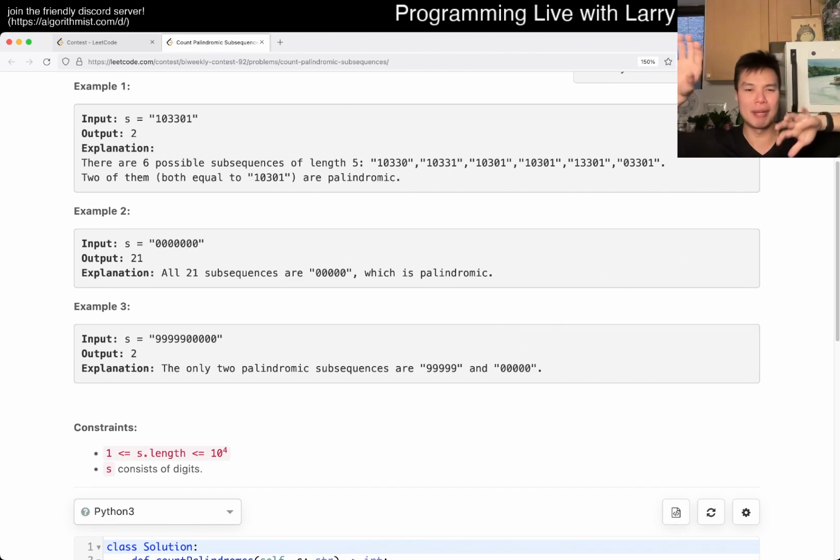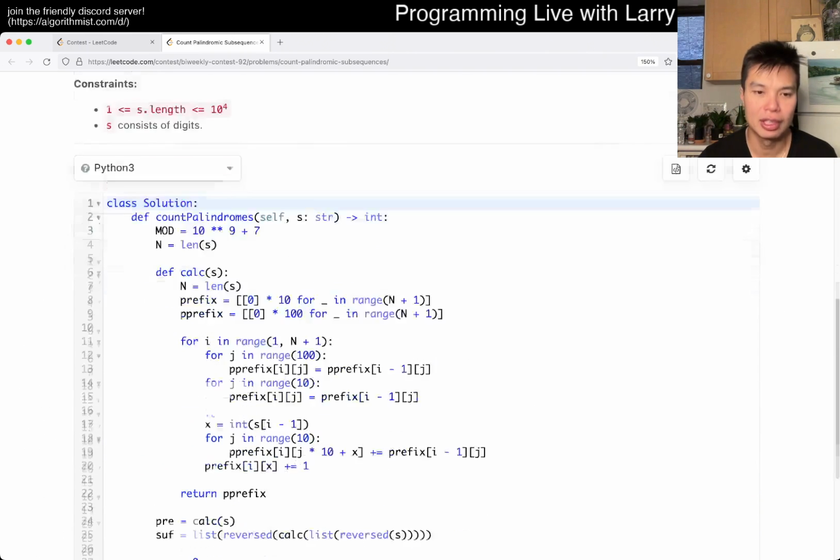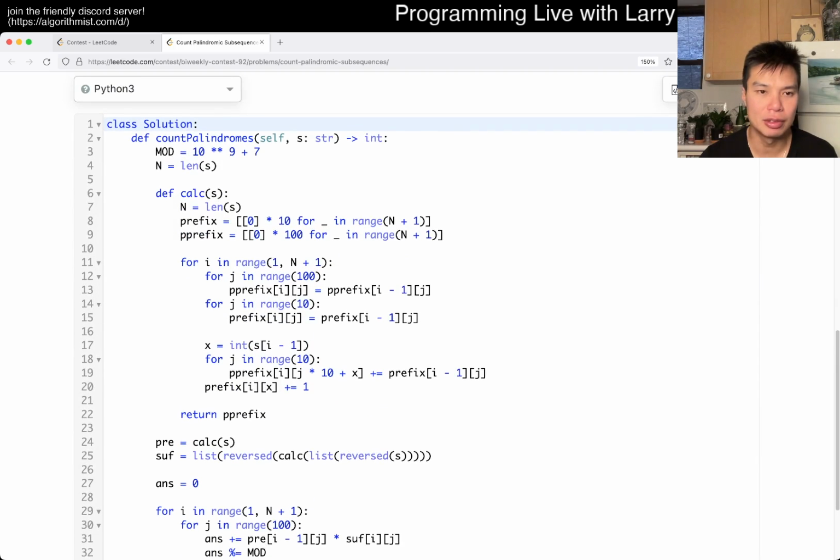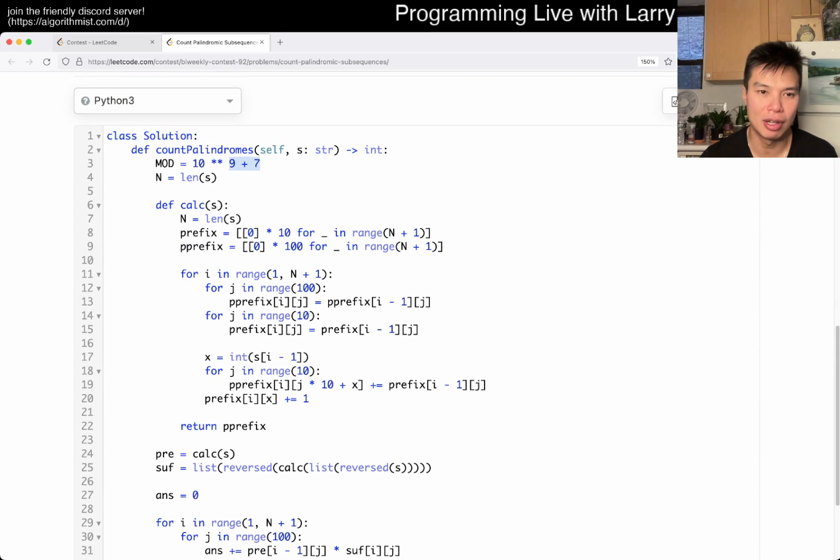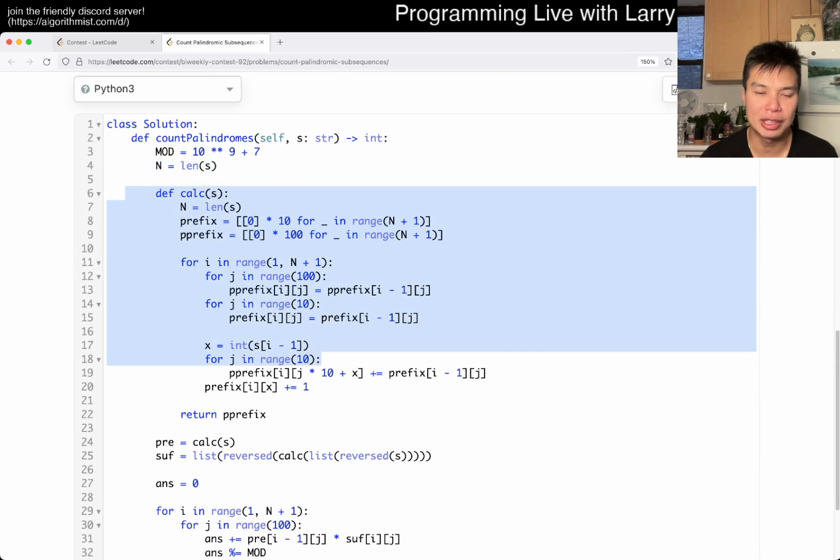And once you count them up, that's the basic idea, right? And once you have that idea, there are a lot of ways you can code it up. I'm going to show you mine, of course, but that's pretty much the idea. Cool, let's take a look. So I wrote this function to calculate the